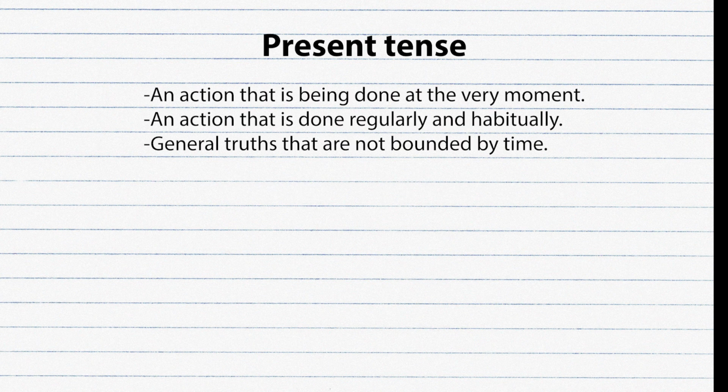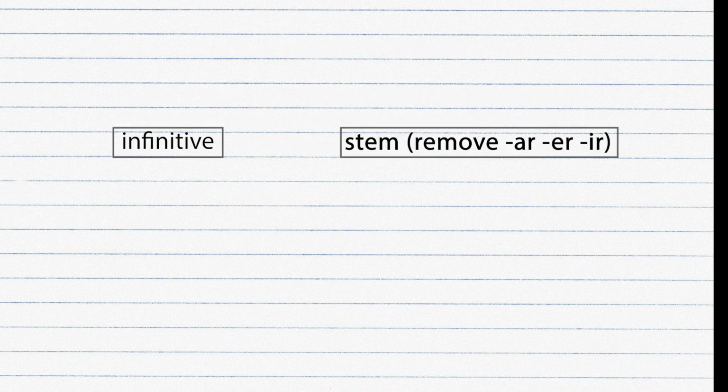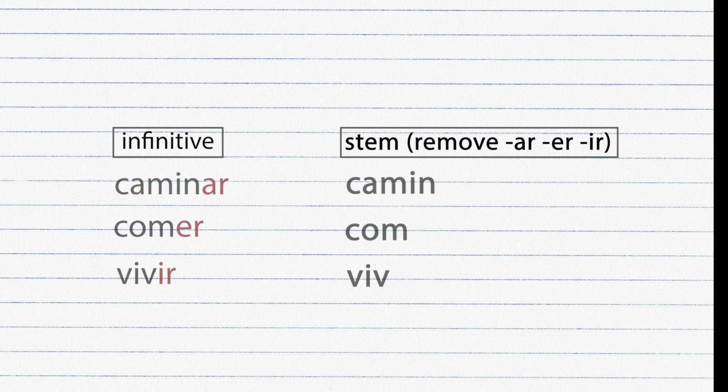Present tense. Present tense is used to talk about an action that is being done at the very moment, an action that's regularly and habitually being done, and general truths that are not bounded by time. To conjugate the verbs in the present tense, we first need to get the verb stem by simply removing the AR, ER, or IR endings from the infinitive verb. Example: